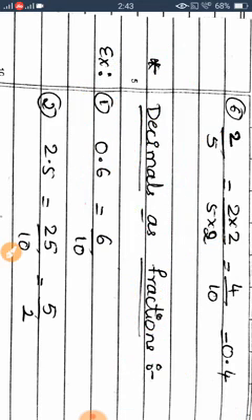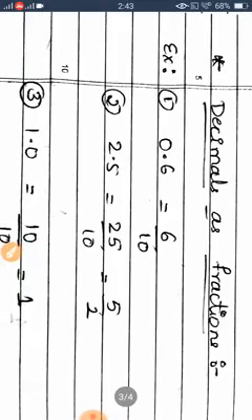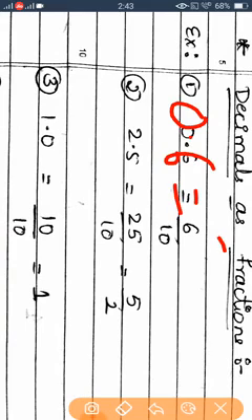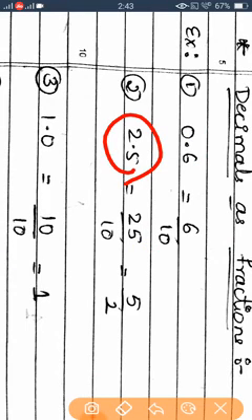So this is very important. Then decimals as fractions. Decimals as fractions, how is it? See, the reverse process: 0.6 I can write as 6 by 10. Then 2.5 means you have to write the total combined, so 25 directly. But after the decimal how many digits are there? 1 digit is there. So the denominator is 1 followed by 1 zero, because after the decimal only 1 digit, 5, is there. So that's why we can keep the 1